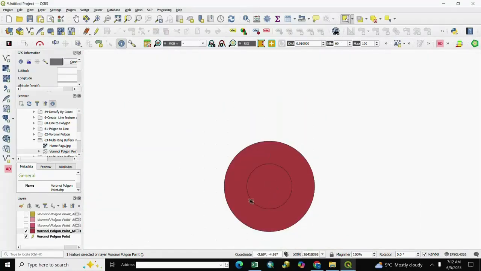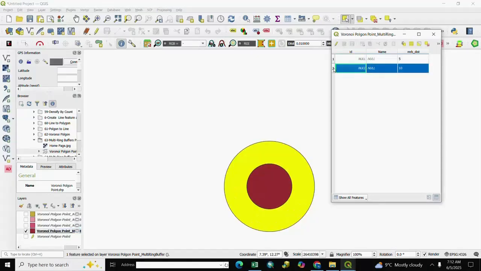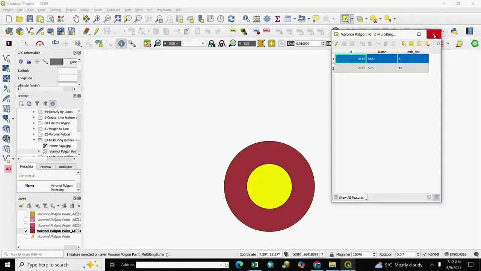You see here only selected ring, you see here only selected feature ring is created.